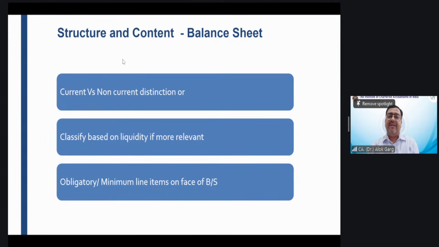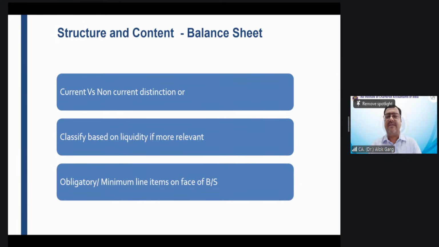Now, my dear friends, let's discuss the balance sheet structure and content. Then we will be discussing P&L structure and content. Then we will be covering statement of changes in equity. Then we will be covering statement of cash flow just in 30 seconds. Why have I said we will be covering statement of cash flow just in 30 seconds? Why not for other components? Because Ind AS 1 says that for statement of cash flows, you have to refer Ind AS 7. This is the one line guidance given in Ind AS 1. Okay. Right. You are absolutely right, Swarnlatha and Kanhaiya.